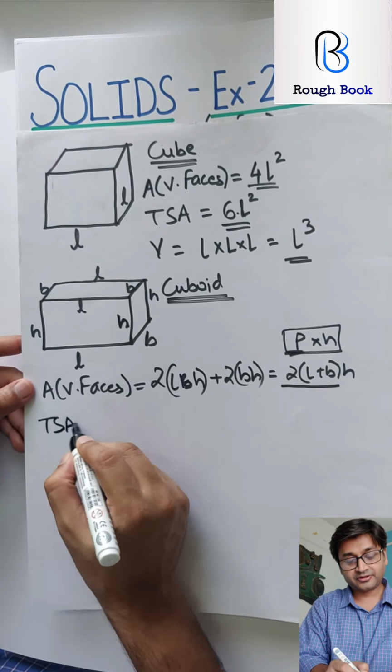So we know that. So basically for a cuboid, we learned area of vertical faces, total surface area, and volume. Likewise for a cube, we learned area of vertical faces, total surface area, volume. Are you getting it? So all in all, if I am going to combine everything over here, how will I write? Alright. So cube and cuboid, area of vertical faces, total surface area, and the volume.